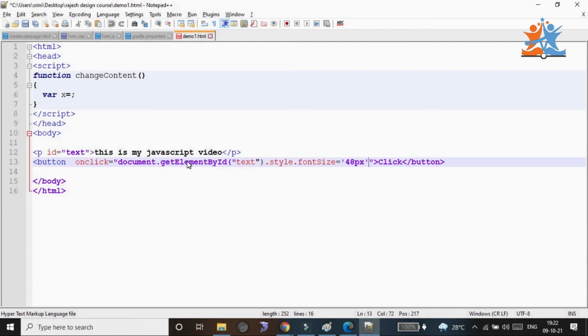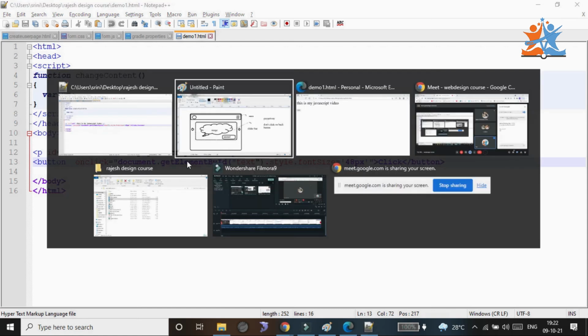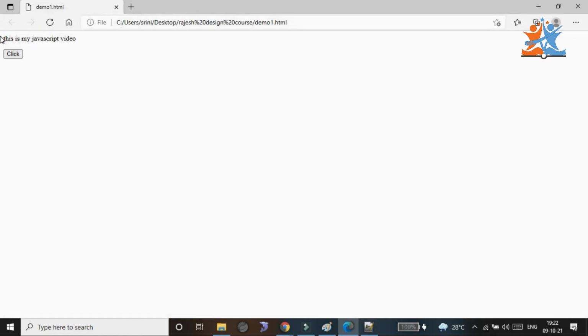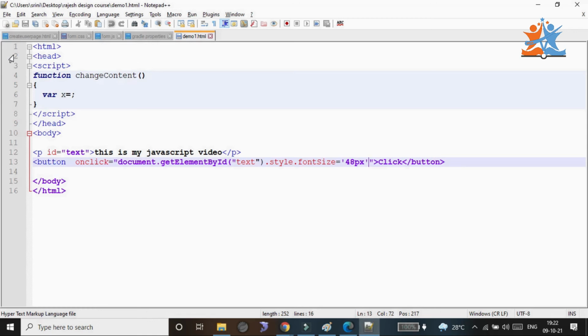Refresh, then click it. Oh, one thing happened. Document dot, one second, sir. Document dot, correct, document dot getElementById, then font size. Yes, it's working fine.